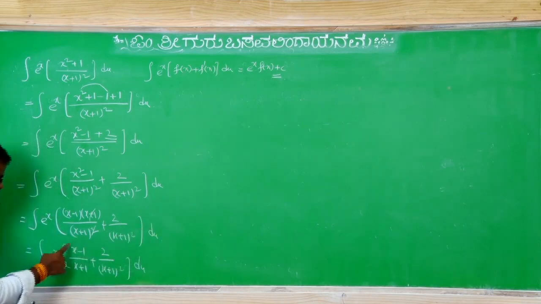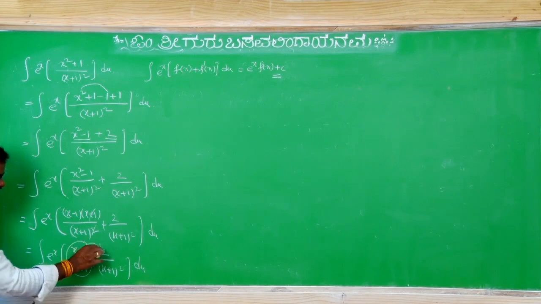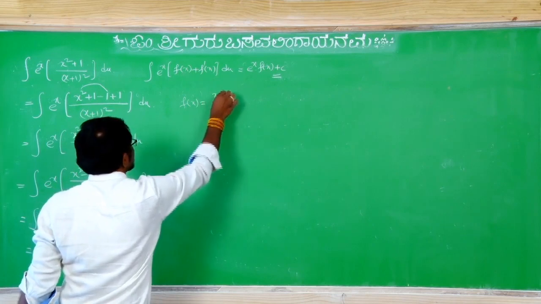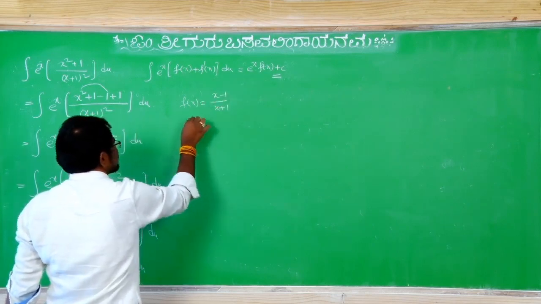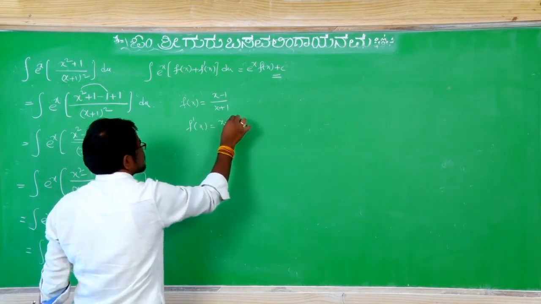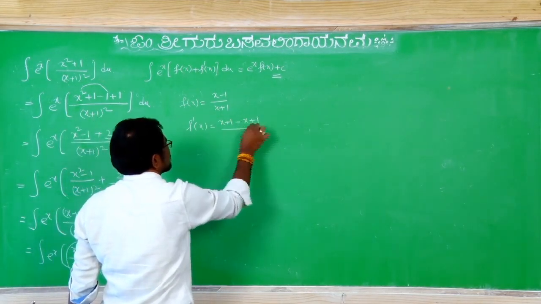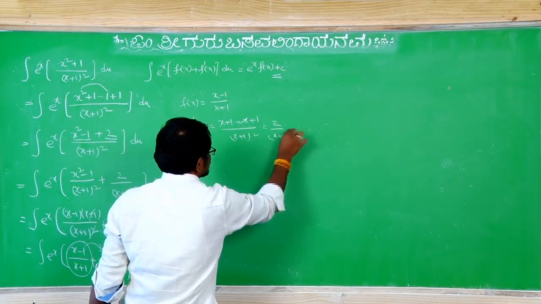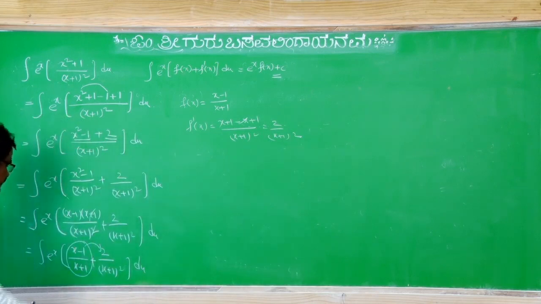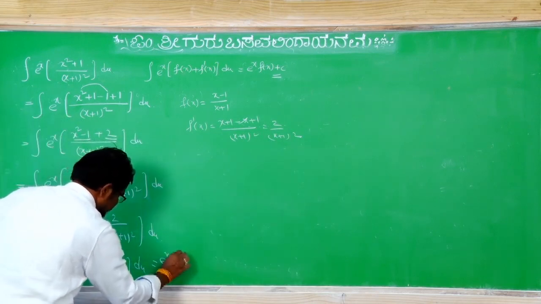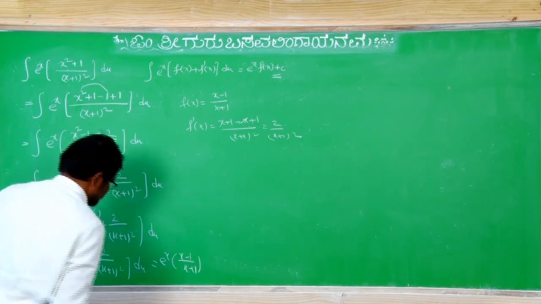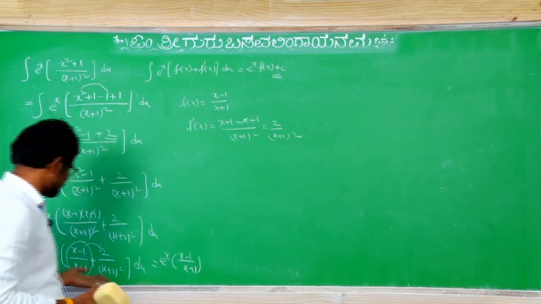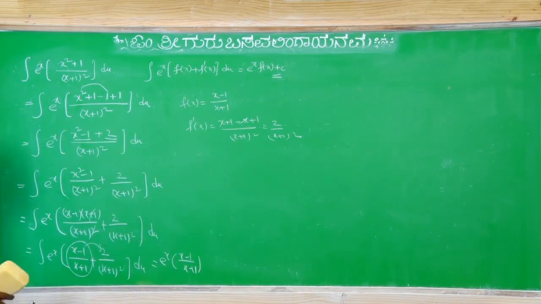Now, if you do the differentiation for this one, what you will get? This one only we will get, because here f of x equal to what? x minus 1 by x plus 1. Do the differentiation with the u by v formula. If you apply, (x plus 1) minus (x minus 1) divided by (x plus 1) whole square. So, that is equal to 2 by (x plus 1) whole square. So, directly getting. So, that is why what is the answer here? e power x into (x minus 1) by (x plus 1), because e power x into f of x, f dash x is there, means e power x into f of x. Here f of x is x minus 1 by x plus 1.